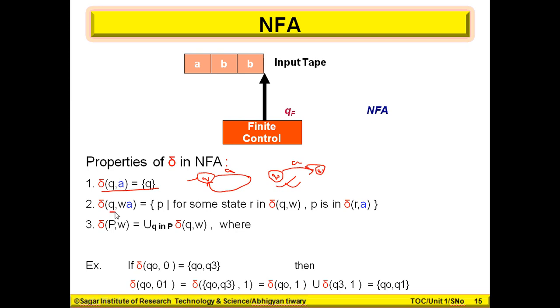So we'll try to understand this one. So Q is a single state and we have a string and an alphabet. It is written that for some state R in Q, W. So first of all, we are going to solve this one from here itself. So W can have any value. It can be any string of A, B, A, whatever you want, you can give. So what will happen here? We want to say that after reading this W,